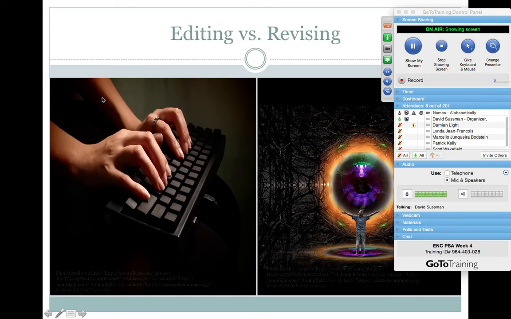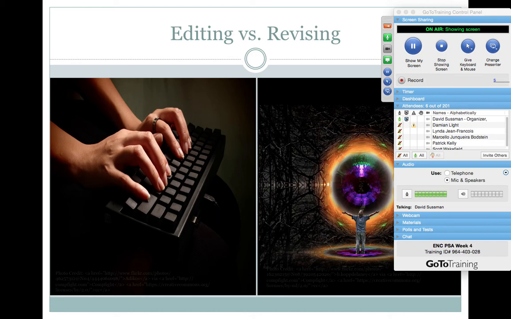First of all, I do want to backtrack just a little bit and try to connect this to the peer review that you completed last week. But let me backtrack even further by raising this question of, if you look at the screen here, I have up here as a title these words, editing versus revising, and you have some pictures there to sort of help clue you into what that means.